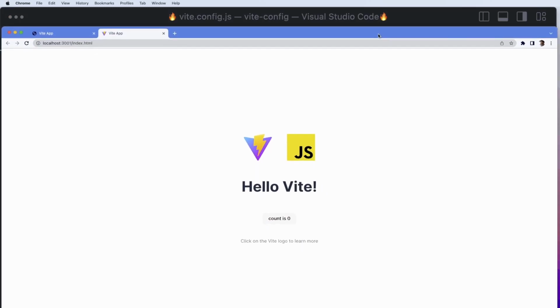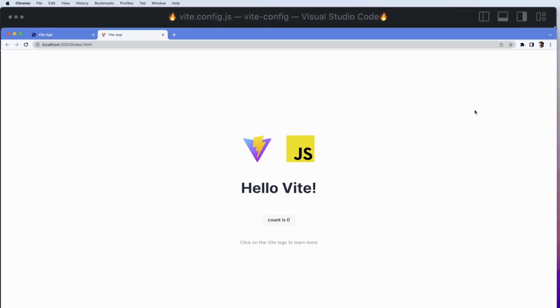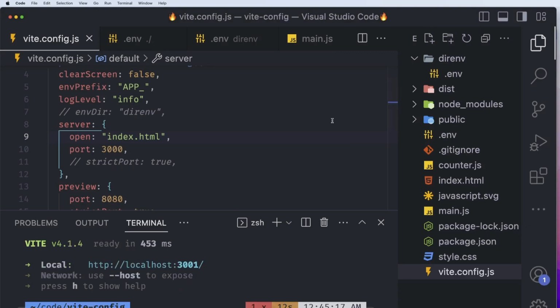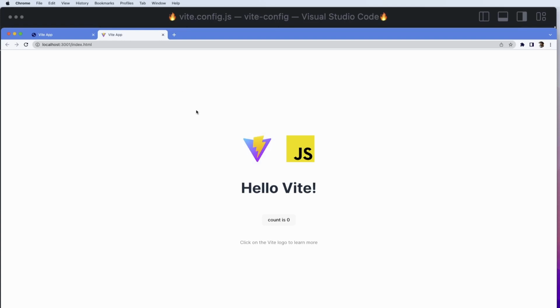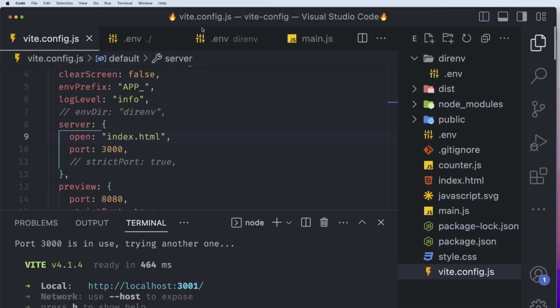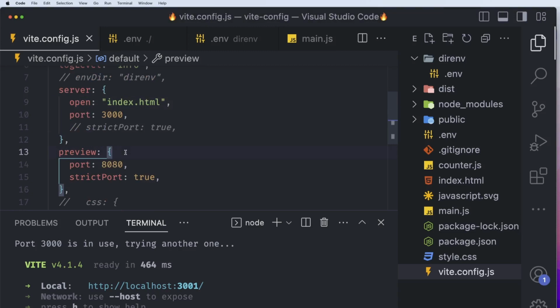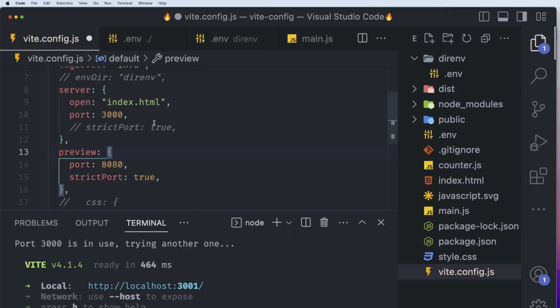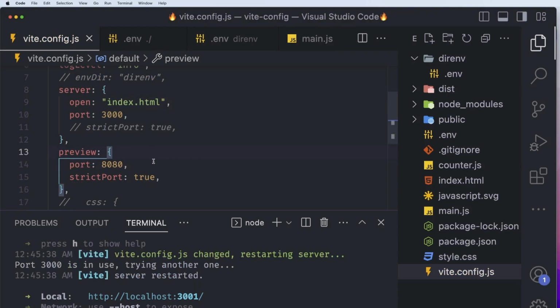So it already opened, and it opened in this tab which is not in the preview. So maybe I can try this again, and maybe it shows up here on the screen. So if I again do this, and yep, you can see this here, it automatically switched the focus to the Chrome browser and to that specific tab. And you can also set this here as well. You can set the open here with index.html or whatever file you want to use. And with that,